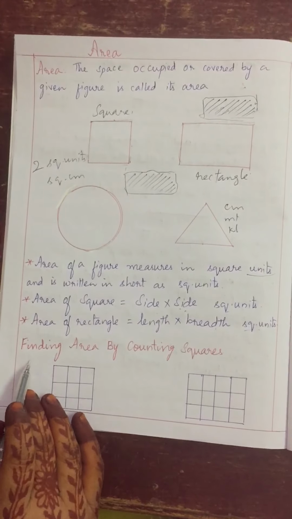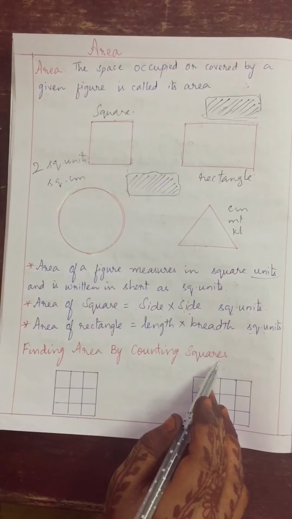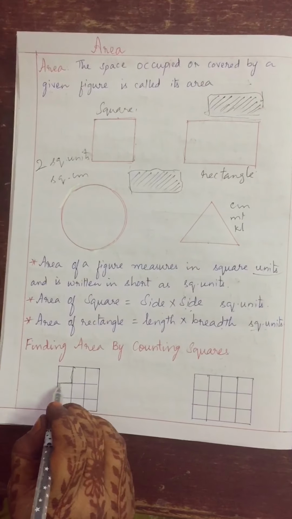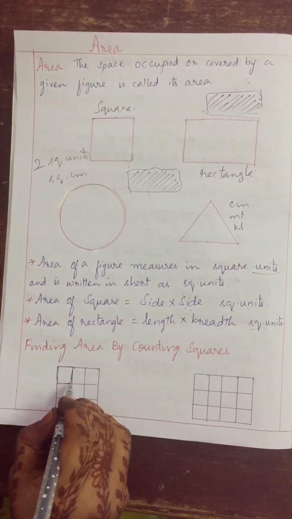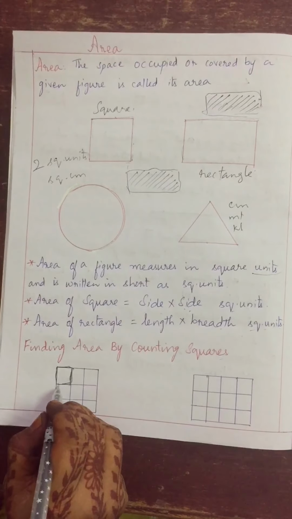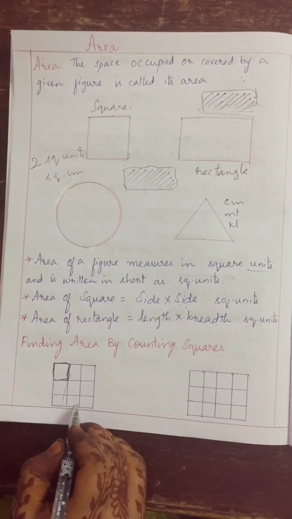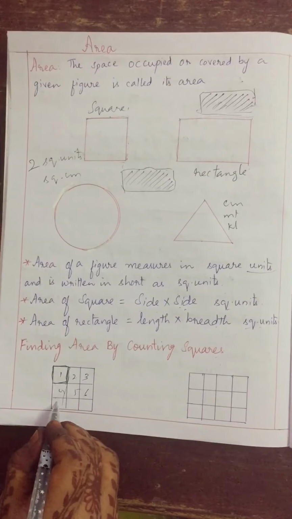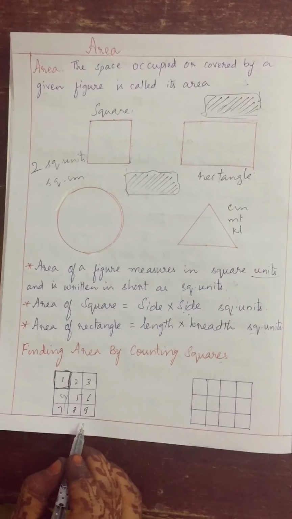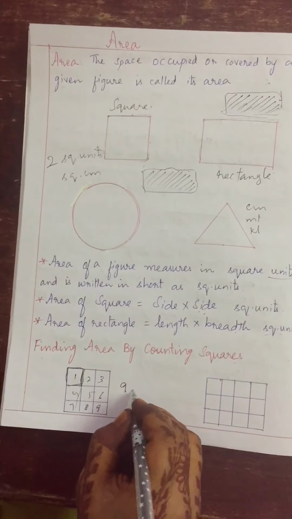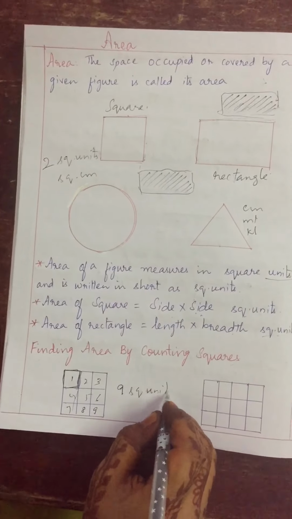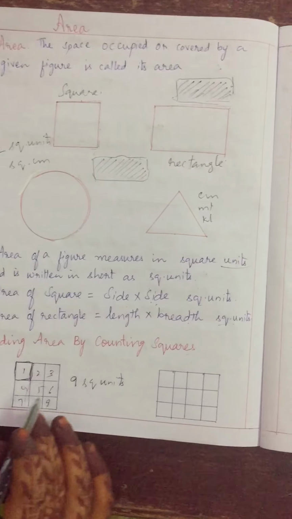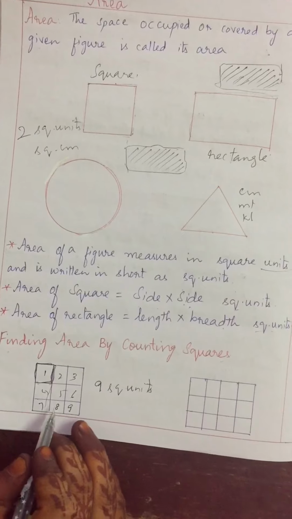Now let's see how to find the area of the given figure without a formula. That is nothing but finding area by counting the squares. Here I have drawn one figure. In it I have drawn three boxes in each row and each box is equal. That is nothing but one square. This side and this side are equal. So how many squares have I drawn in this? Count it. This is 1, 2, 3, 4, 5, 6, 7, 8 and 9. 9 squares I have drawn. So this figure's area is 9 square units. Clear children? This is called area by counting squares. Without giving the measurements, we can count how many squares are there in the given figure.